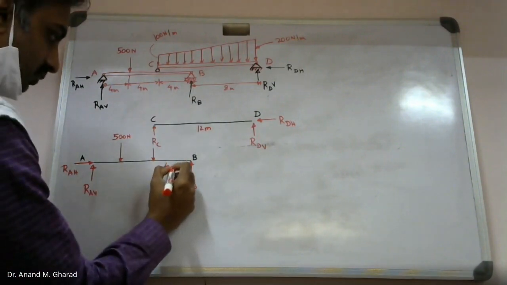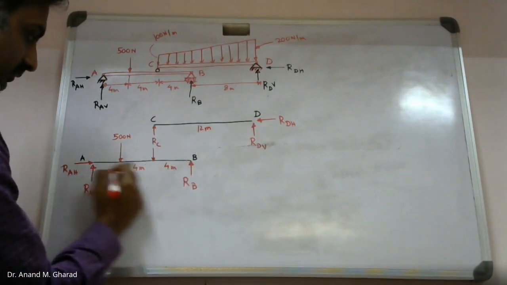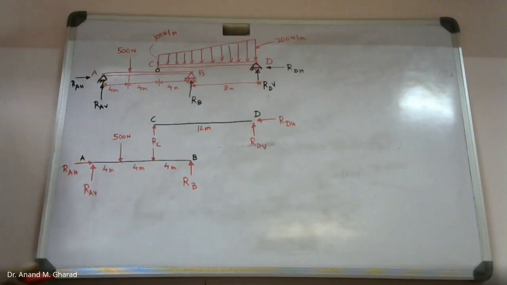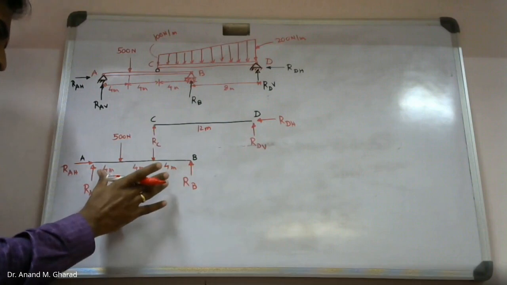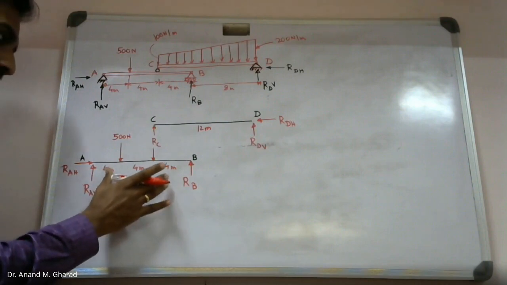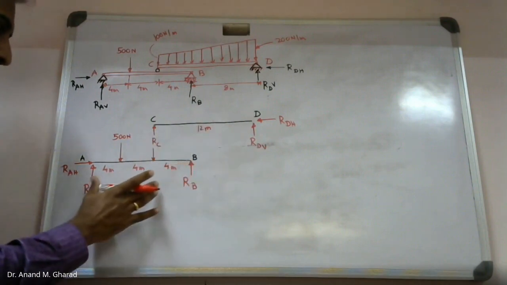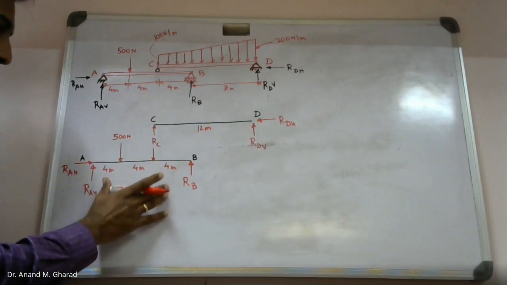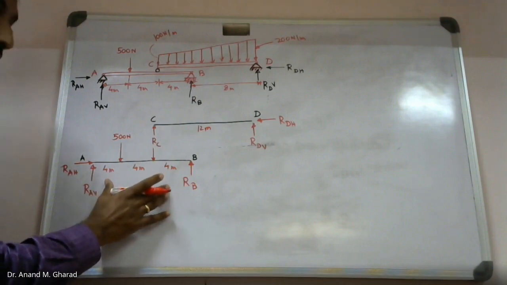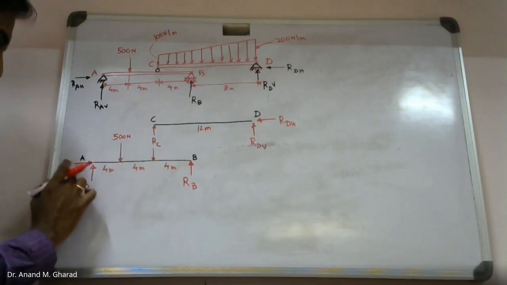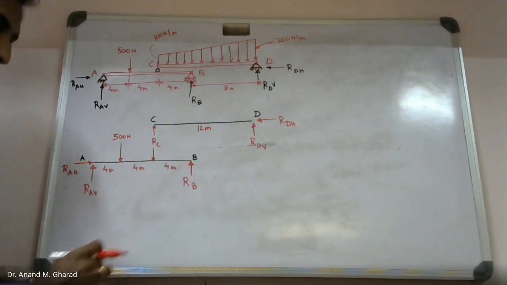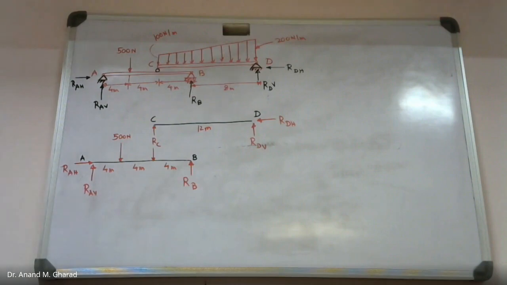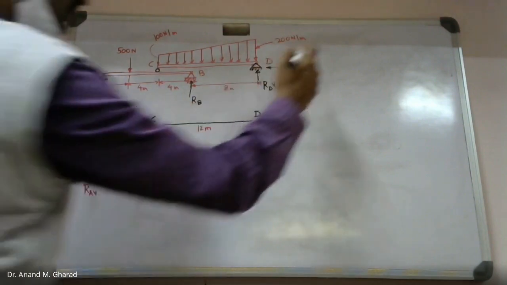This is 4 meter, this is 4 meter, this is 4 meter. So now you can understand, if we consider the free body diagram of AB and CD separately, these can be easily formed out by using equations of equilibrium. Three unknowns, 1, 2, 3, and 3 equations are available with us. So step by step,